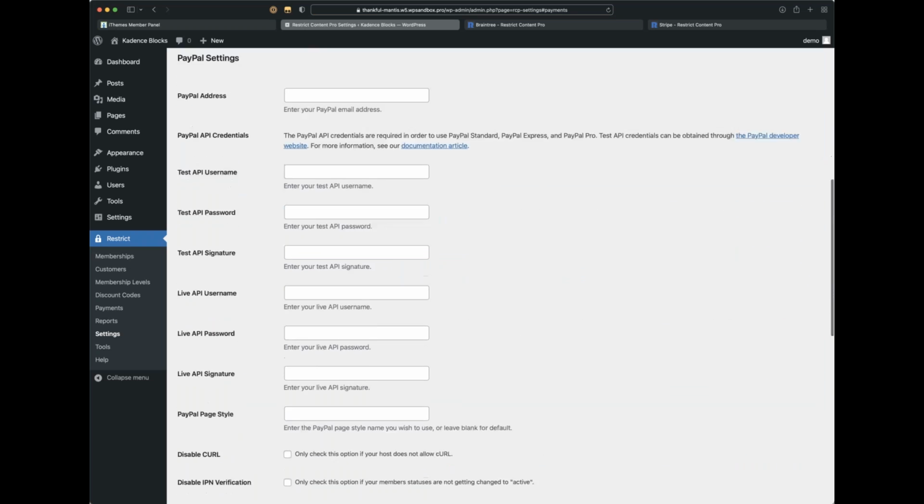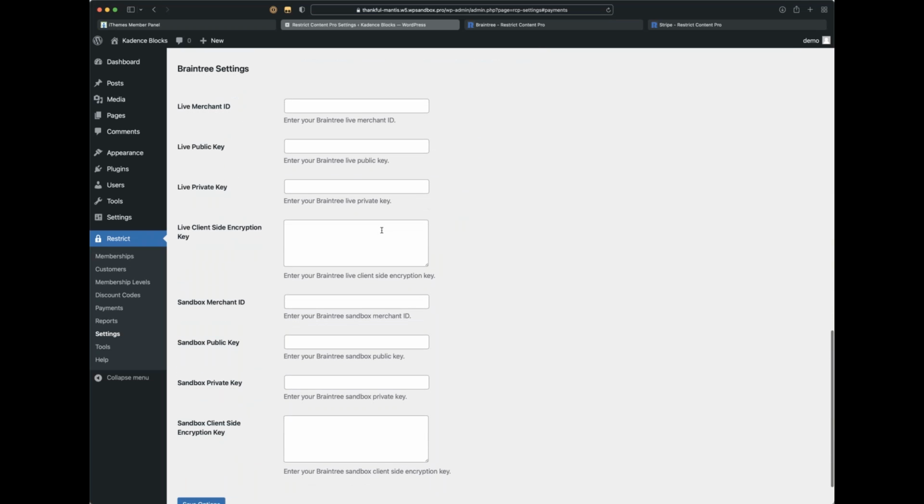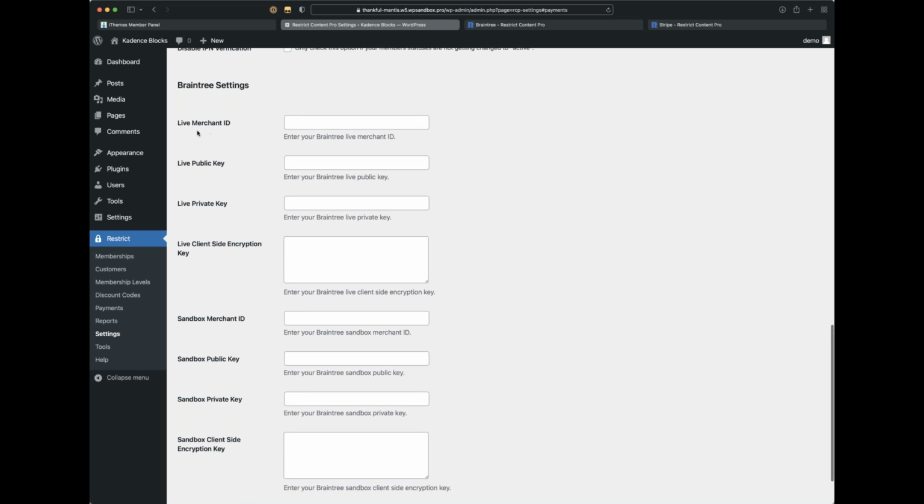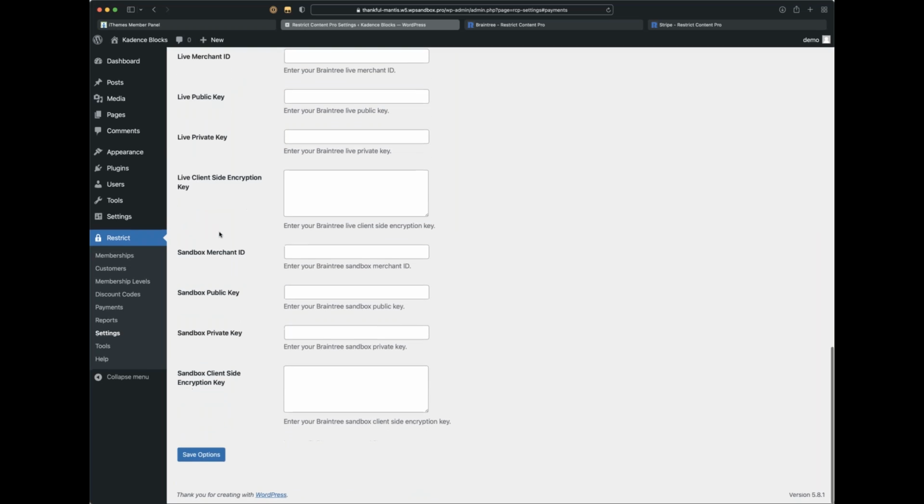And then when we scroll down lower here, we see that we have Braintree specific settings if we need them in here. And this looks like a heck of a lot to deal with. It's like, oops, sorry, we don't mean to overwhelm you here. These are two different sets of fields. One for when you're live, taking live payments on the site, when money's actually changing hands. So these 4 fields are needed. And we have the same 4 fields, but if you are working in a sandbox test environment so that you can test your transactions and make sure that things are connected and configured correctly, but not actually trading real money,